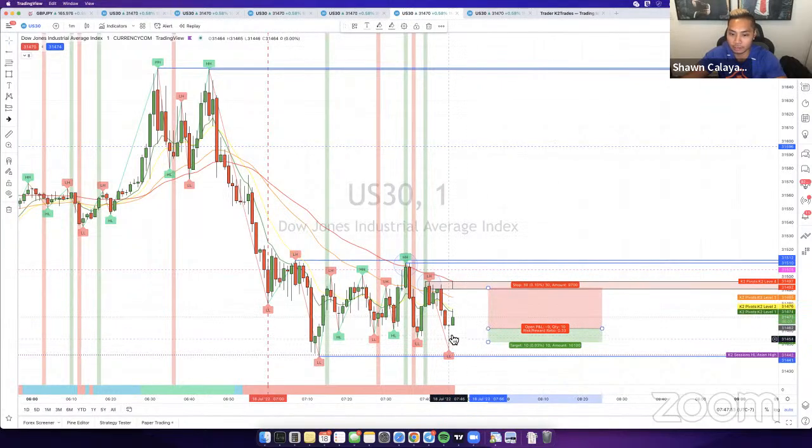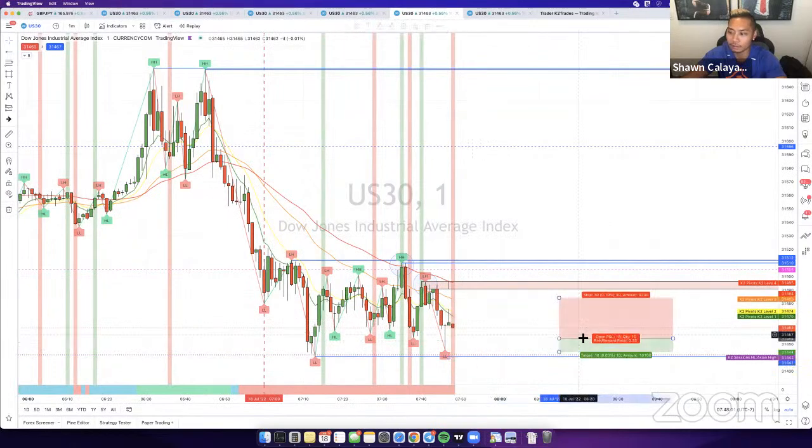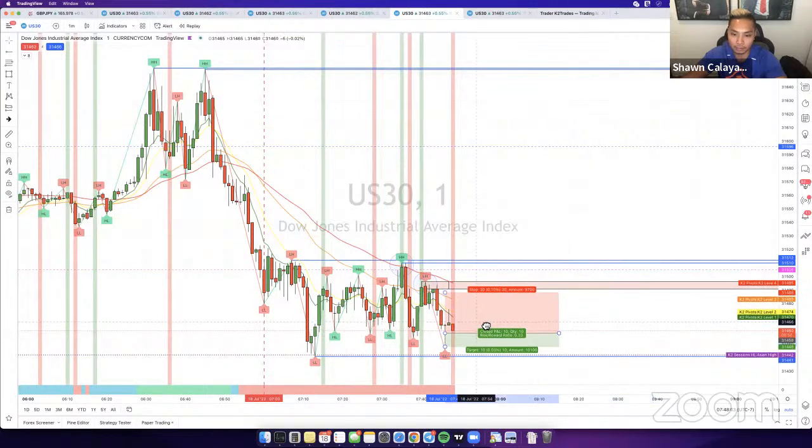So this right here, we had a sell signal that was pending. I said this would have been good if there was no sessions right there. So that's why I wasn't going to take it. But this right here, it looks like,